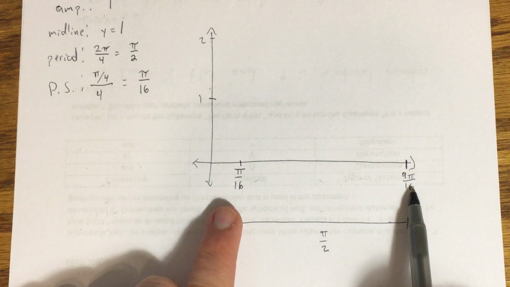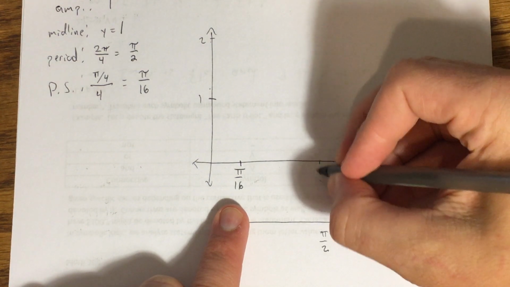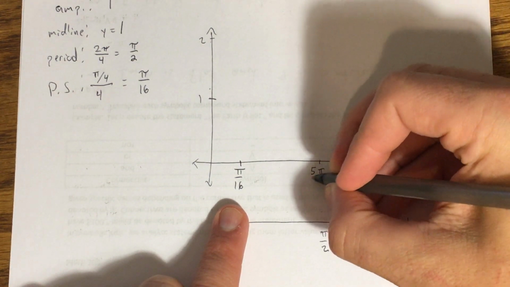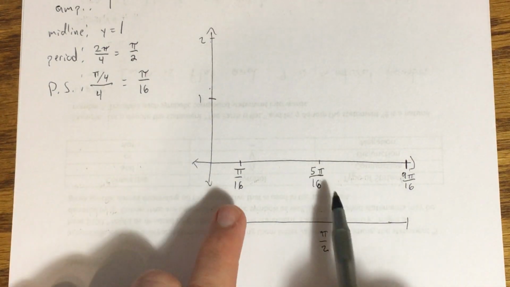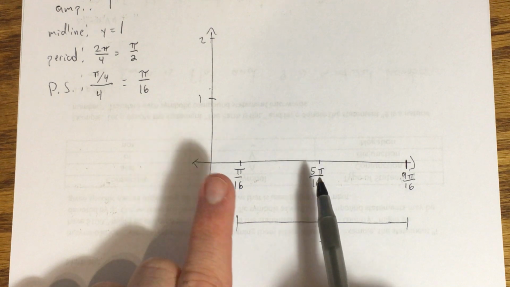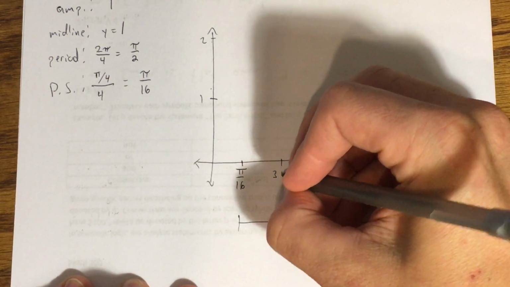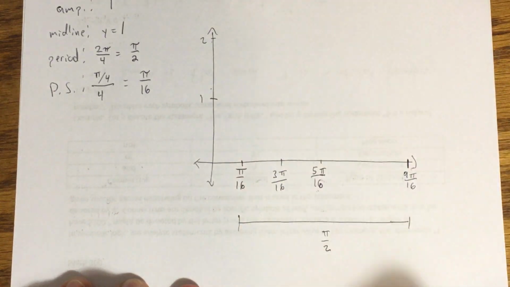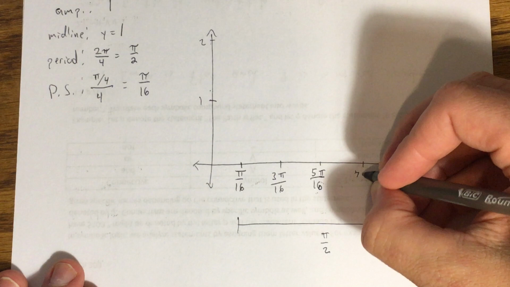Okay? Now we average these. Pi over 16 plus 9 pi over 16 is 10 pi over 16. Half of that is 5 pi over 16. Same denominator, nothing's changed there. Averaging these. Pi over 16 plus 5 pi over 16 is 6 pi over 16. Half of that is 3 pi over 16. Now if you do the same thing here, you should see that you're going to get 7 pi